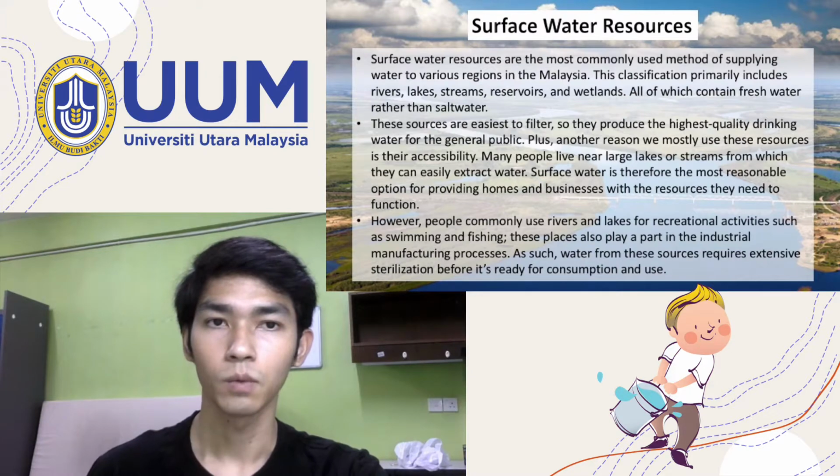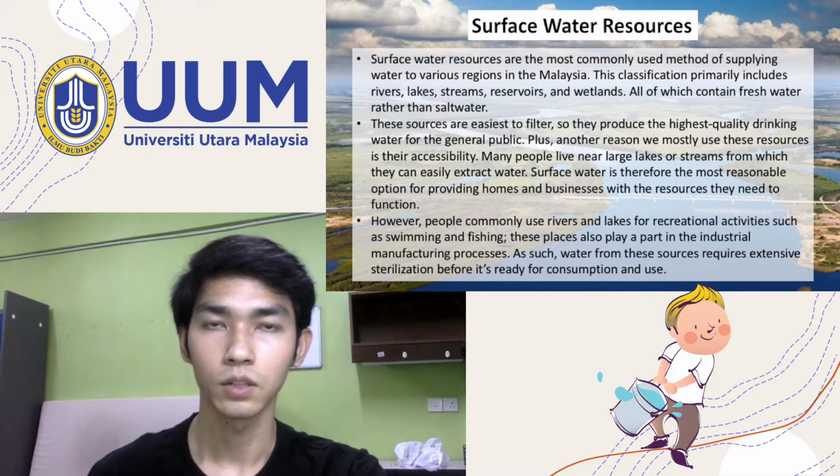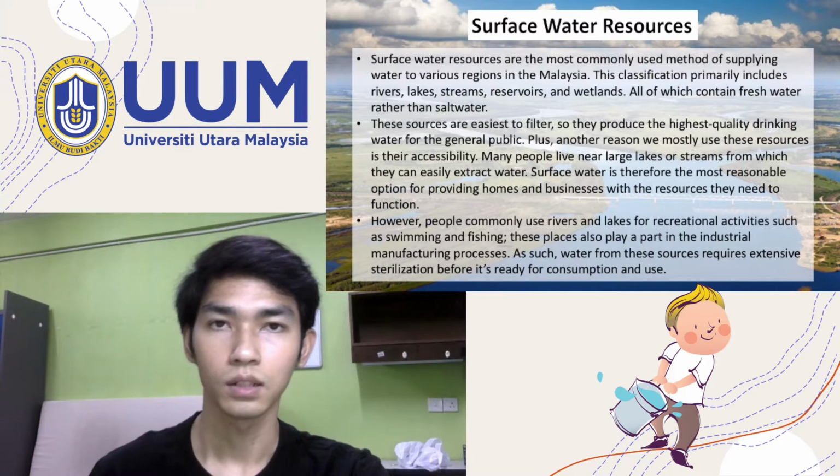Plus, another reason we mostly use these resources is their accessibility. Many people live near large lakes or streams from which they can easily extract water. Surface water is therefore the most reasonable option for providing homes and businesses with the resources they need to go